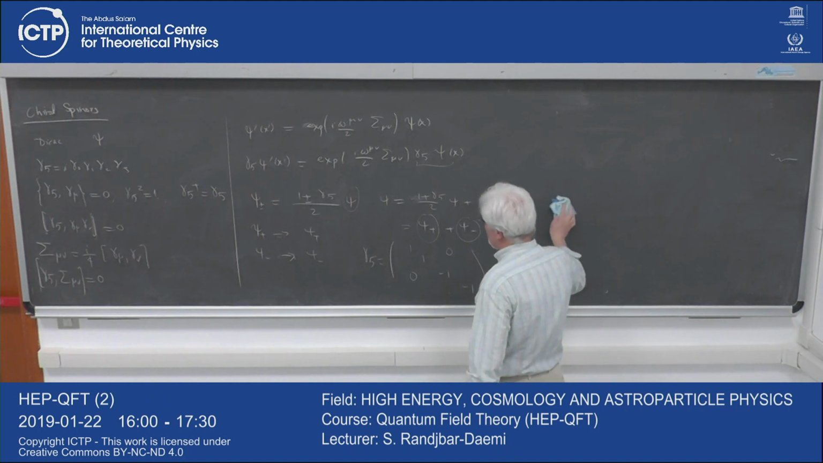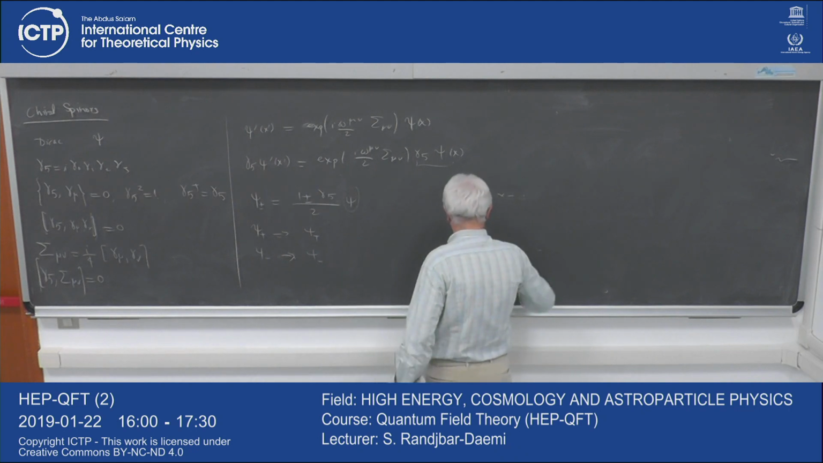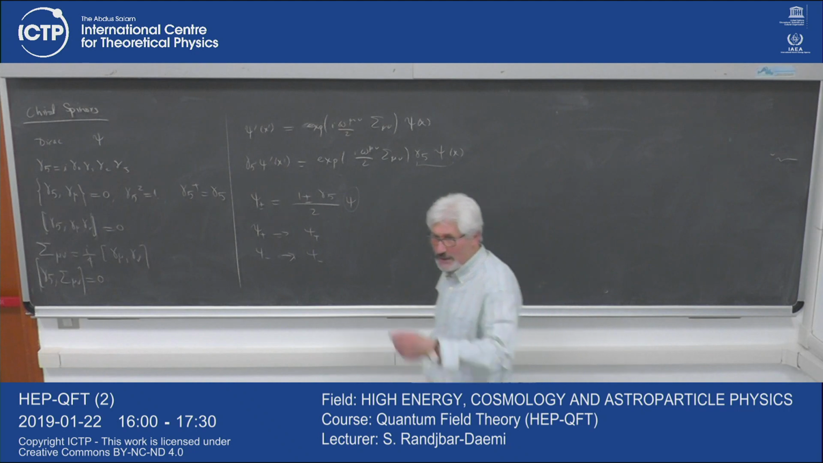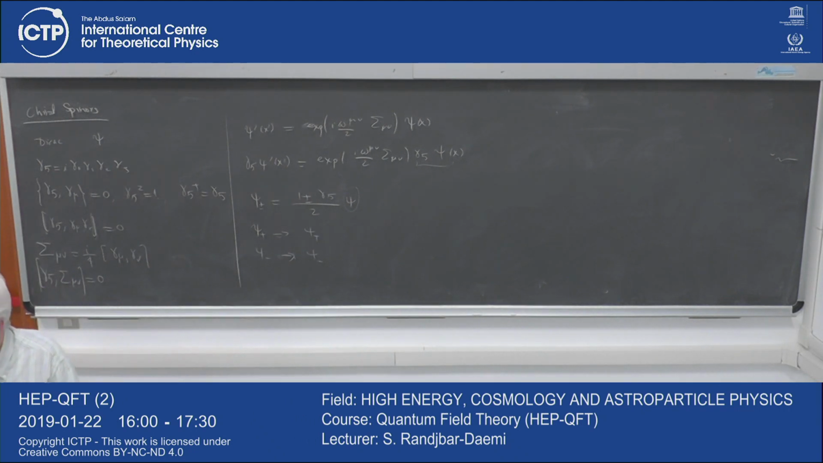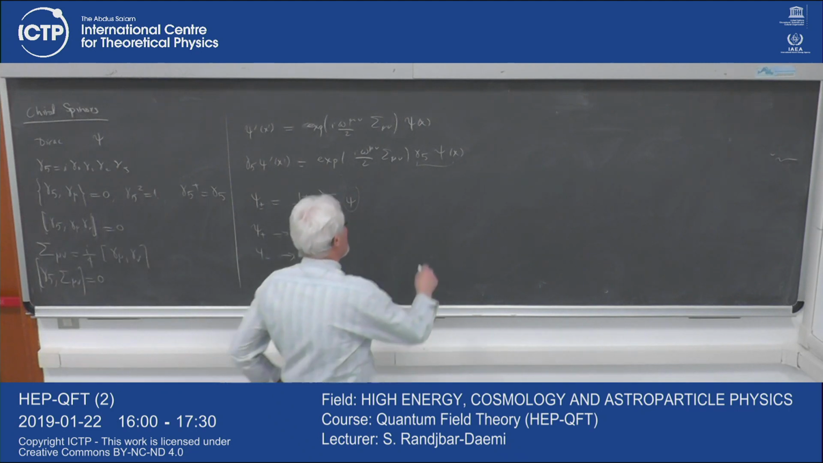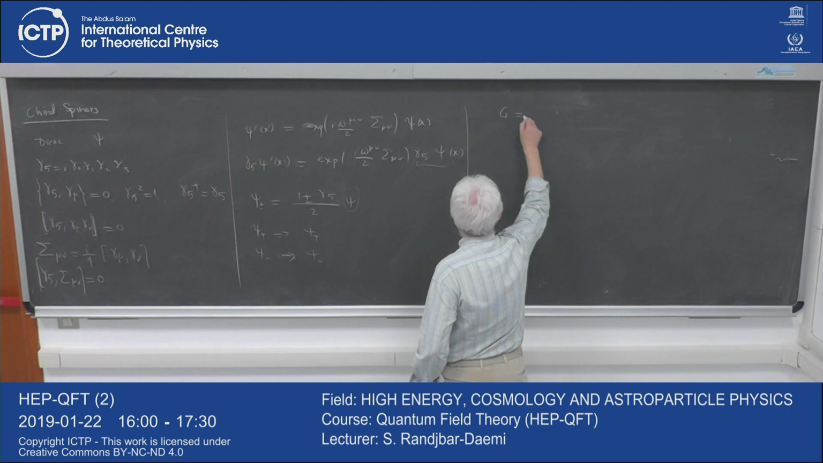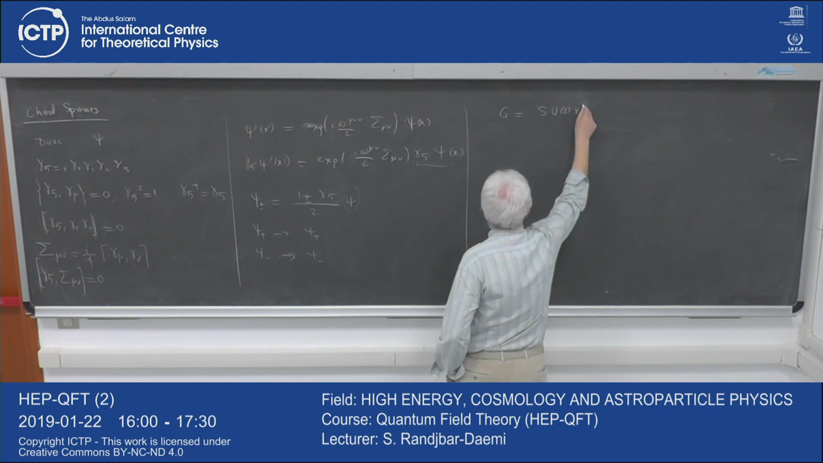Treating them independently means that you can put them independently into representations of the gauge group. You don't have to put the whole 4 components into the same representation. You can put psi plus in some representation and psi minus into some other representation. So let's take the gauge group to be SU2 times U1,